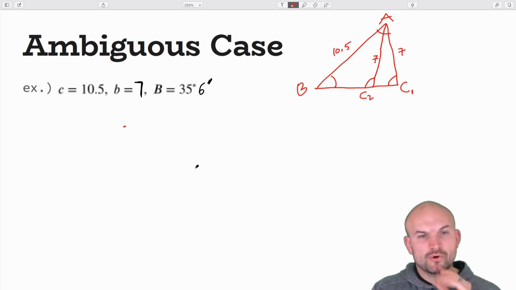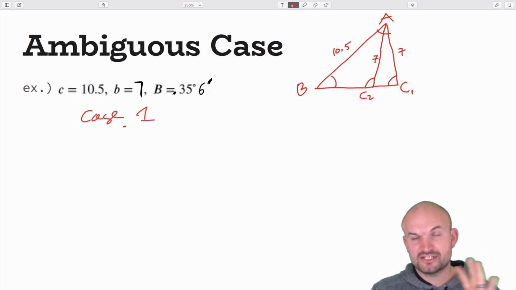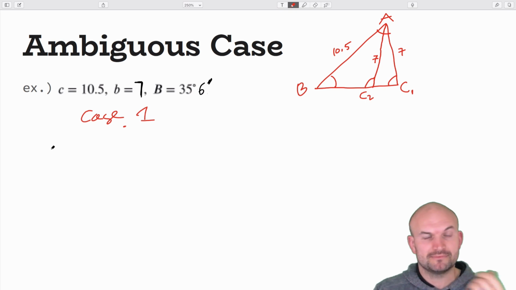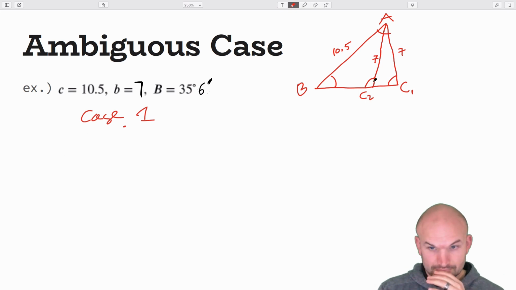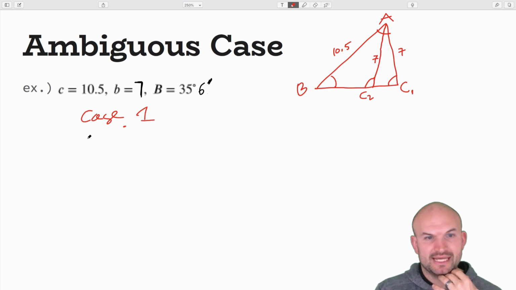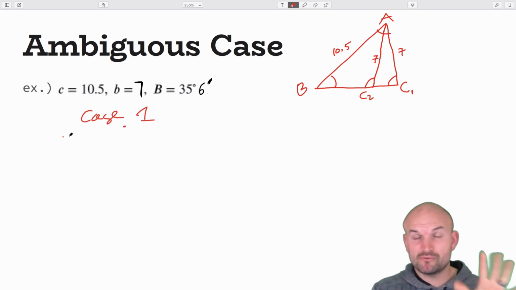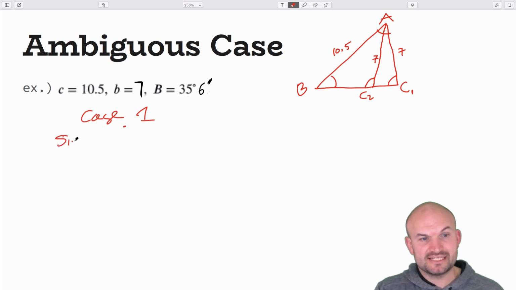Now, the first important thing is to just find case 1, just like we did before. So I'm just going to do case 1 right here. It's usually easiest just to pick your side and say, all right, let's just assume that this is an acute triangle, an acute oblique triangle, and therefore we can just solve from there. So what I'm going to do is find C1 here. So I know, now again, we're looking for the angle, right? So I'm going to say the sine of C,